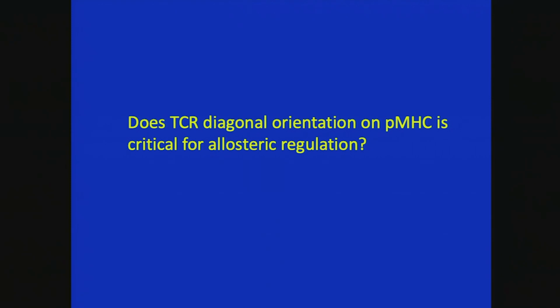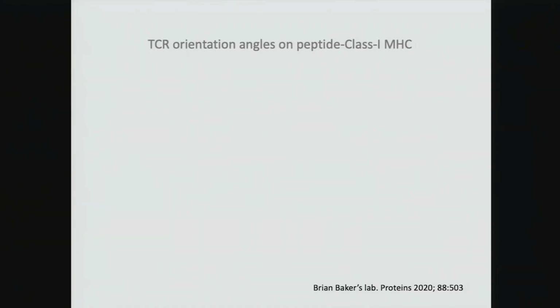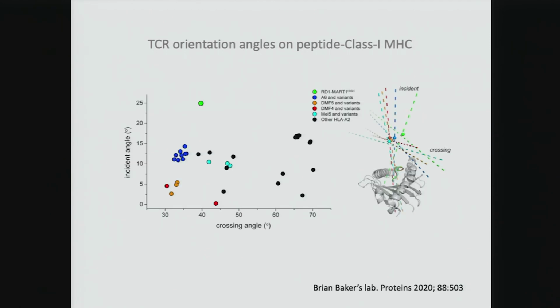It is known, as a concept, that the T-cell receptor can be oriented on peptide MHC preferentially in a diagonal configuration. If I may show you, I don't know if the camera is showing, if this is peptide MHC, it has to be diagonal, okay? And it makes some sense from a structural point of view.